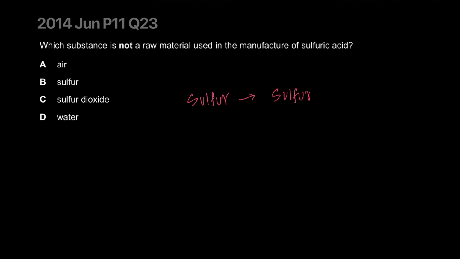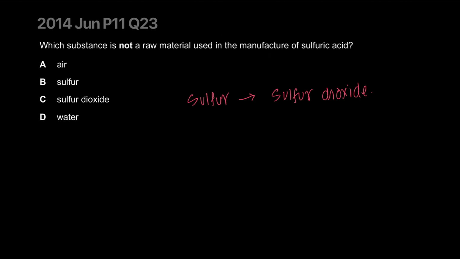dioxide. So technically, it's not a raw material. You need sulfur dioxide in the process. Eventually, if you had it, you wouldn't need sulfur, but you can find sulfur dioxide naturally in large quantities. So your raw material, the main ingredient, is sulfur, which turns to sulfur dioxide, then sulfur trioxide, then oleum, then